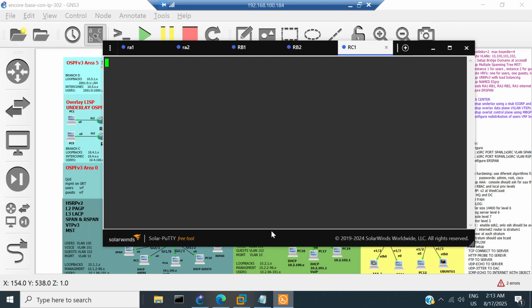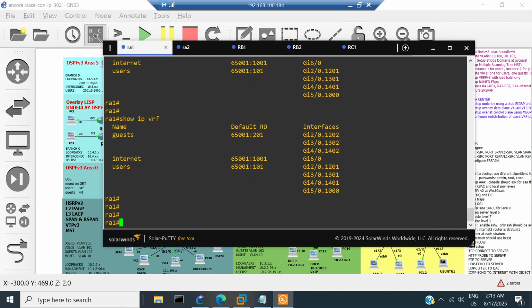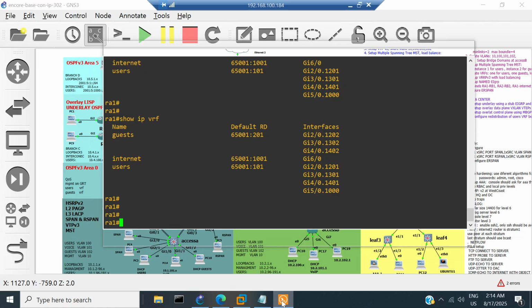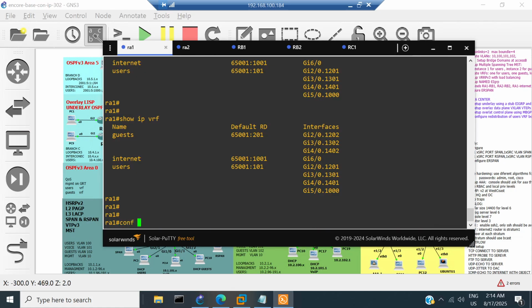So let's do that. That will be the final part of the lab. So let's do data path virtualization. Notice that we are using native VLAN for global routing table, VLAN 1000 for the users data path virtualization. So we are going to use VLAN 2000